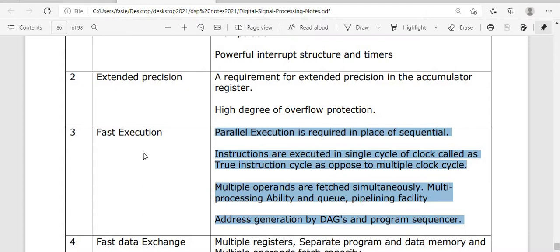We'll come to know about DAGs when we get to that point, but as of now remember the address generation, because whatever data we store will be stored in a particular memory location. What is that memory location? That is called the address. Address means there should be a specific location where our data is being stored, right? So how the addressing can be done, and in what ways we can send the data, we are going to learn in the addressing modes of our digital signal processor. Clear?